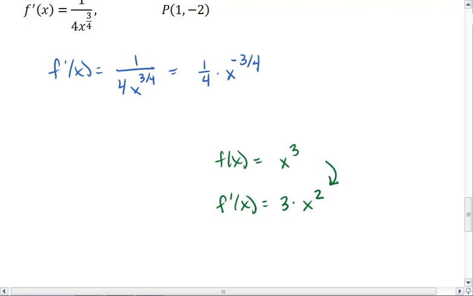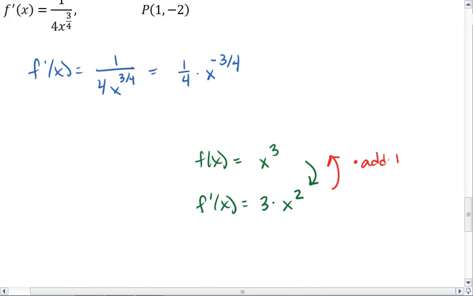That's how we go from original function to the derivative. Then to go backwards, we need to add 1 to the exponent. We also need to deal with this number up front. And the way we do that is we multiply by the reciprocal